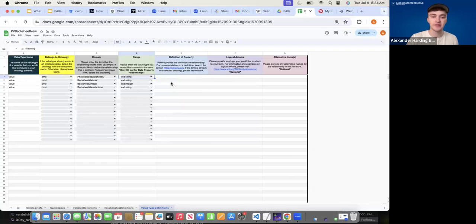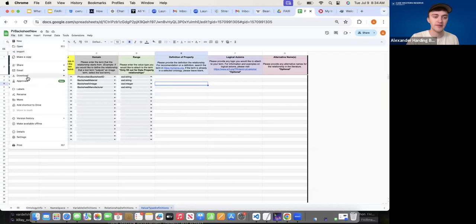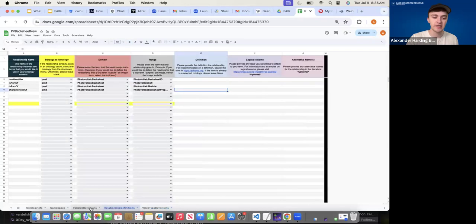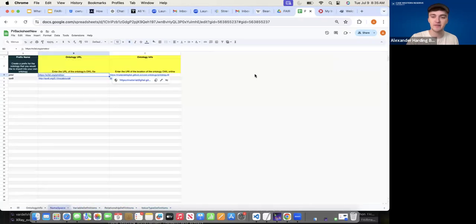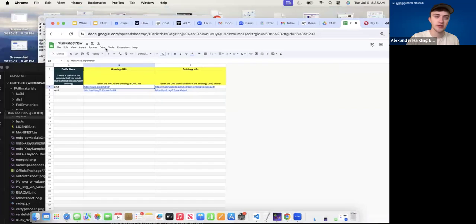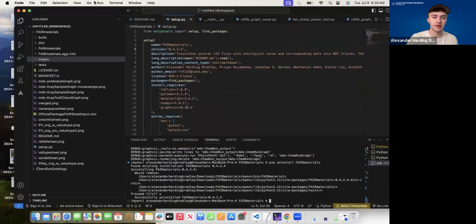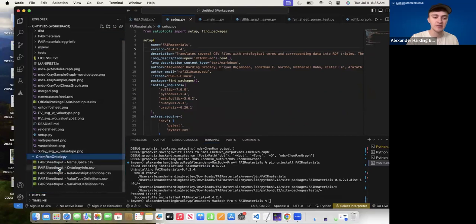So once you have filled this out, you will go to File and download as a CSV file. You will download each of these sheets as a CSV file. Then you will go to whichever environment you want to work with, and you will add the sheets into the same folder. In this case, for the execution of the package, we are using the sheets that were filled out for the ChemXRN ontology. Once you have these sheets in the same folder, you will pip install